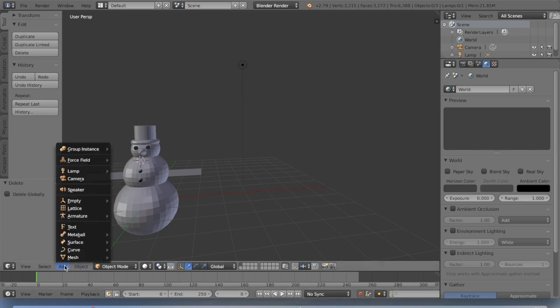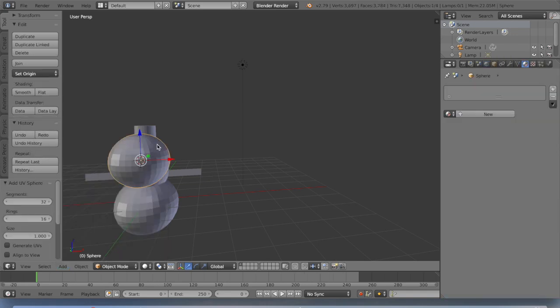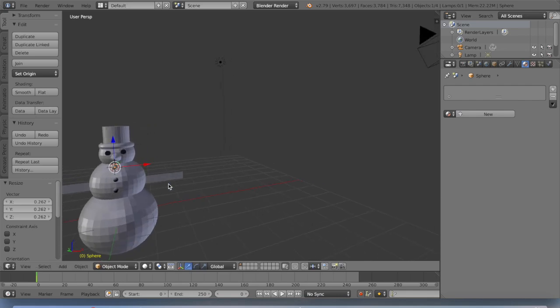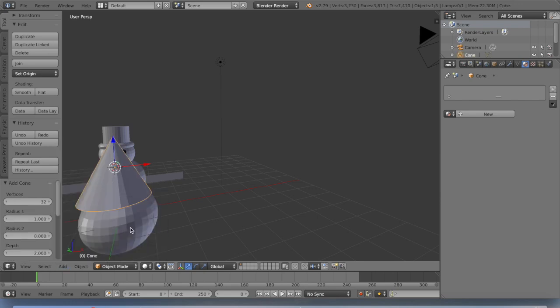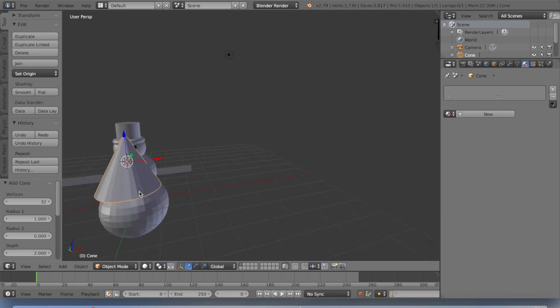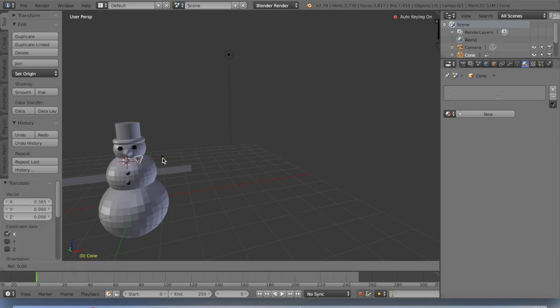If you want to add a bow tie, I might actually add that here. So get a UV sphere, scale it down till it's like the size of the button, you know, like the buttons. You want to add a bow. So you want to add a cone. Oh man. That seems very odd. Okay, so you want to scale this thing down until it's tiny, and now you want to rotate it. So you get the point, right? You just stick this in here, duplicate it,